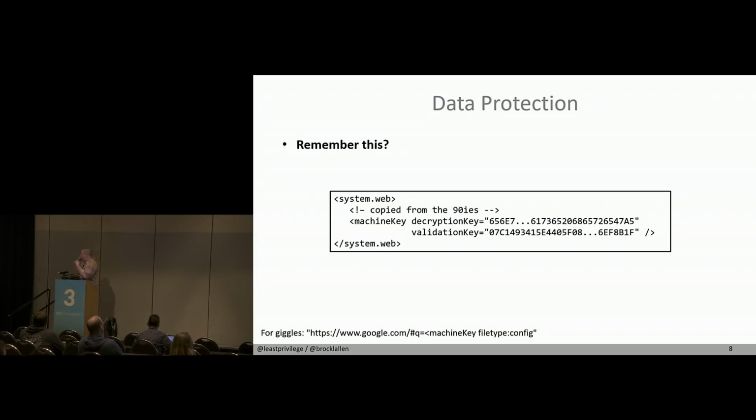Okay? So in terms of going back in the Wayback Machine again, do you guys remember this from ASP.NET? The old machineKey element? What was it for? Say again? To encrypt my web.config? No. But it is to encrypt something. Yeah, encrypt cookies, okay? So data protection was a feature of the old ASP.NET, or classic ASP.NET, I guess as